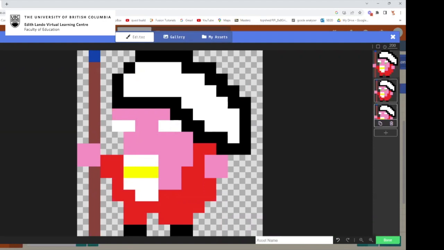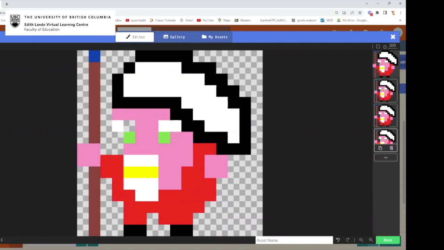Now, blinking eyeballs is okay, but we want to look at something a bit more realistic, like breathing or moving up and down. So I'm going to click on the top one here and duplicate it. The cool thing about this is you can drag these frames to different places. So I'm going to drag the top frame down to the bottom,